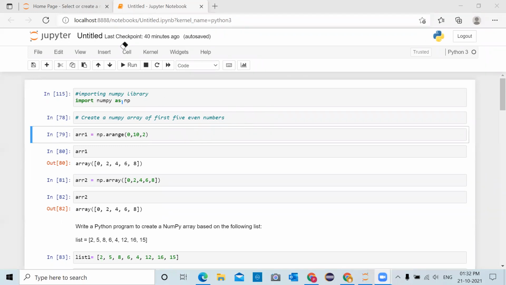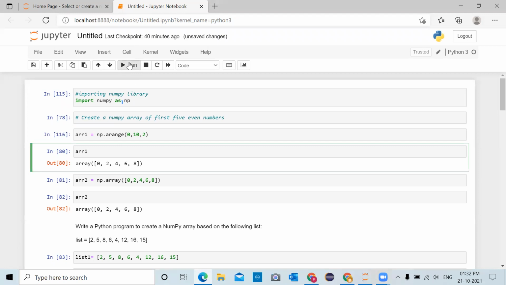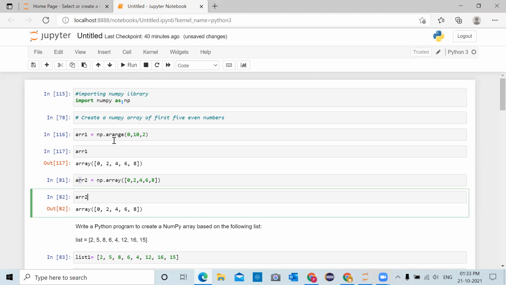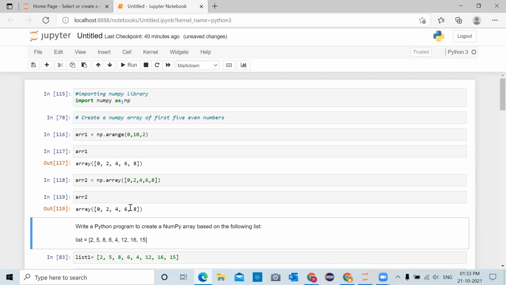So we click on the cell, run the cell, and print the value of ARR1: 0 to 468. Or you can use the np.array function directly inside the list, passing 0 to 468. These elements will be converted into a NumPy array stored in ARR2, and then ARR2 is printed on the user screen. Click on the cell, run the cell, the array is created. Click on the cell, run the cell, and the array is directly printed on your screen, which contains 5 even elements printed on the user screen, which was our question.